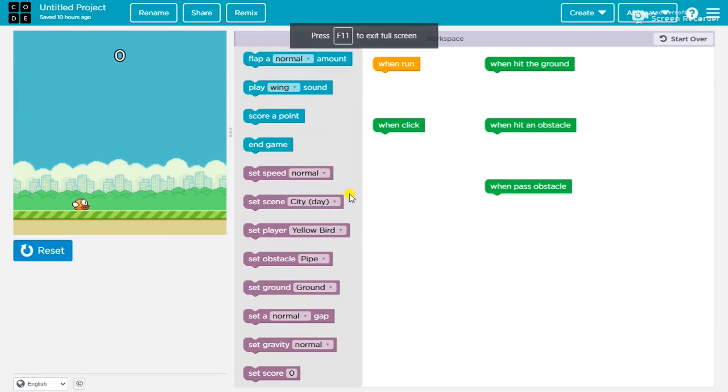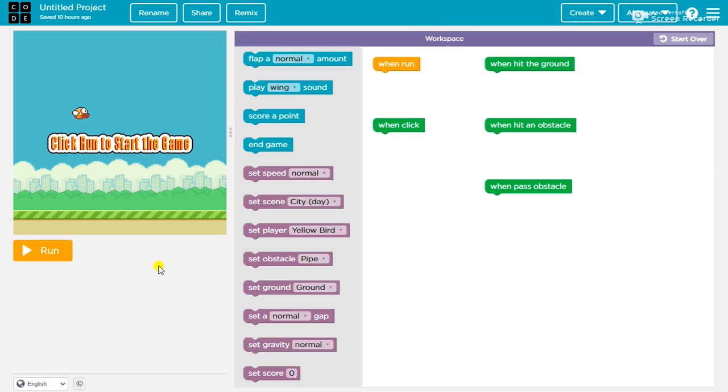So let's get started by entering the full screen. So here is when run. So when reset this when run. So first of all there will be set speed to, according to your choice you can do it. I'm not doing it random because sometimes the speed becomes very slow and that would be such a lazy type of game. So I'm doing fast, which is preferred, otherwise you can also do normal.